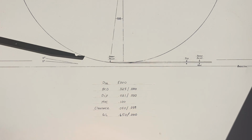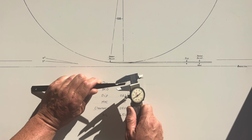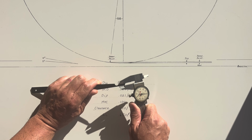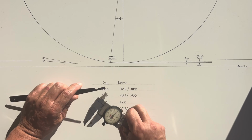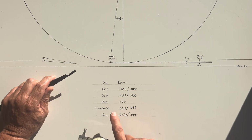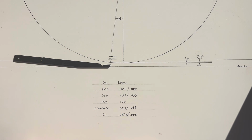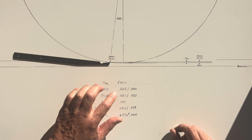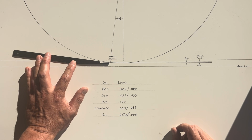So this drawing is 4:1. If I measure the front face thickness like that, I'm getting about 0.200, which means scaled down, this would be about 0.050. Now, if we keep the same aggression dimensions as we did in the last video,